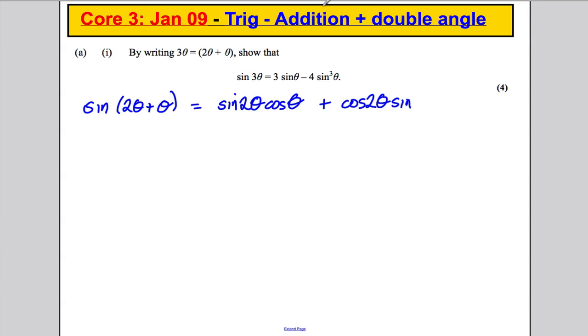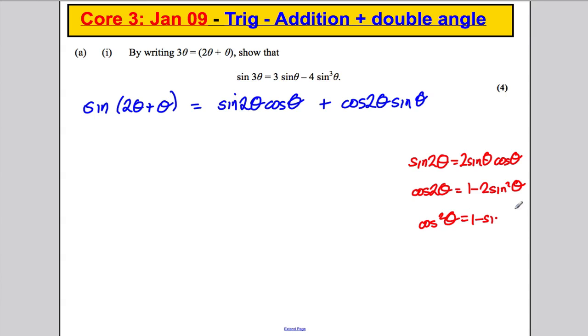Now, do you remember the identities I said you must use? Well, you must use that sine 2 theta is 2 sine theta cos theta. You must use the identity that cos 2 theta is 1 minus 2 sine squared theta. And later on, you use the identity that cos squared theta is 1 minus sine squared theta. So all these 3 identities are going to be used. At first, we're going to use this one and this one to substitute in for sine 2 theta and cos 2 theta. So we get 2 sine theta cos theta